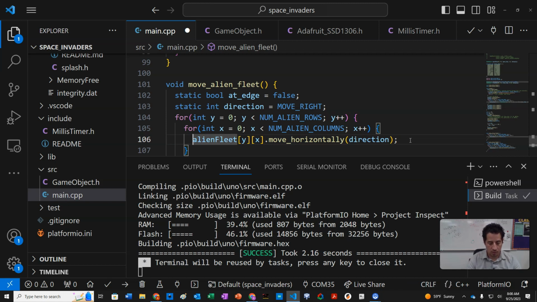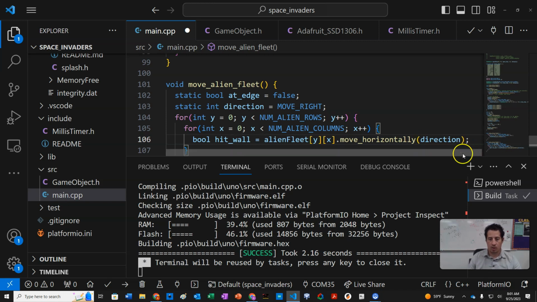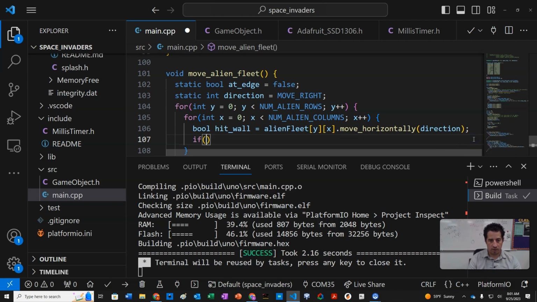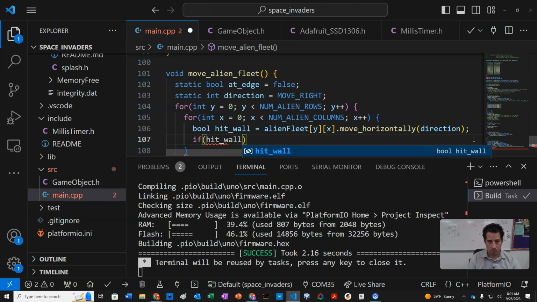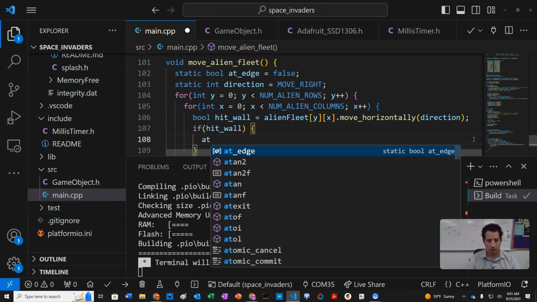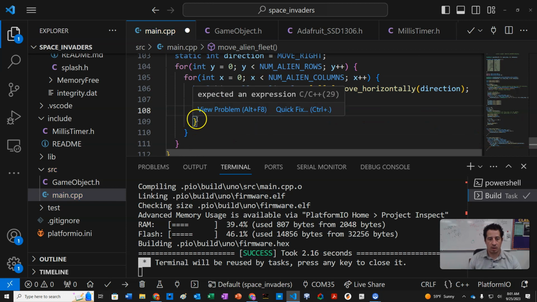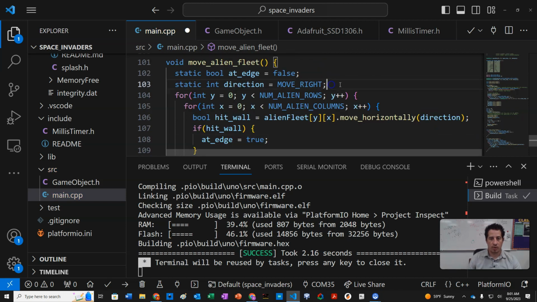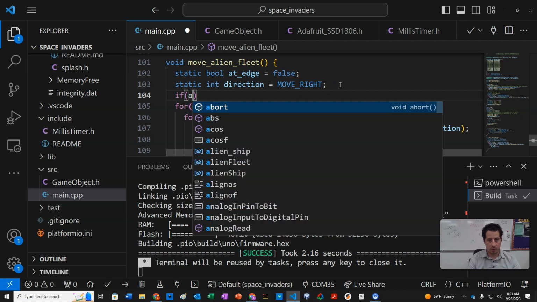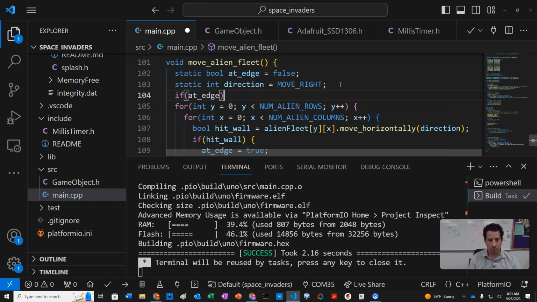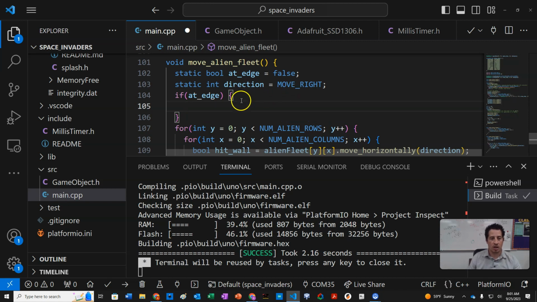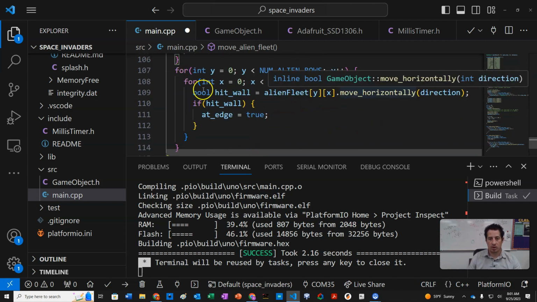And then we're going to say bool hit wall. And so we're going to say if we hit a wall, we're going to set at edge to be true. Okay. And then we're going to say if at edge. So before we move it, we're going to check to see if we're at the edge. And if we are, we're going to